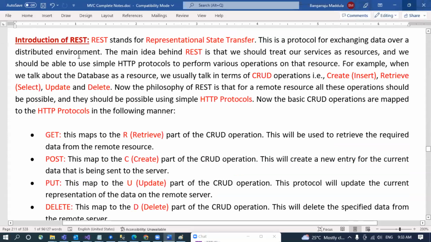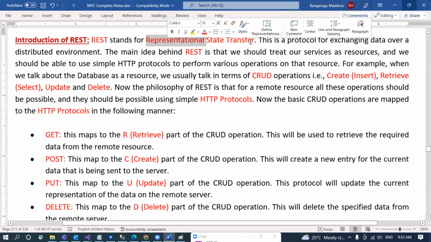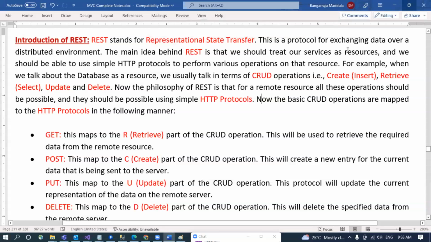Introduction to REST. REST stands for Representational State Transfer. This is a protocol for exchanging data over a distributed environment. The main idea behind REST is we should treat our services as resources, and we should be able to use simple HTTP protocols to perform various operations on that service. For example, when we talk about a database as a service,